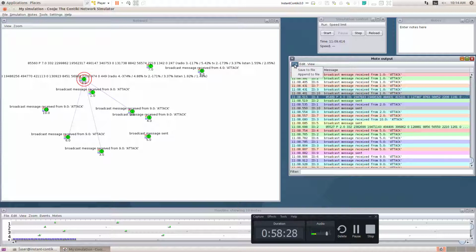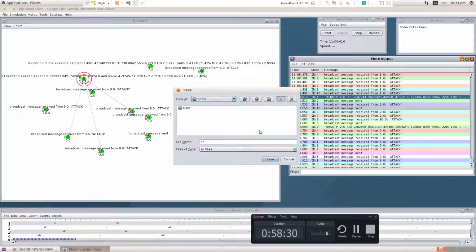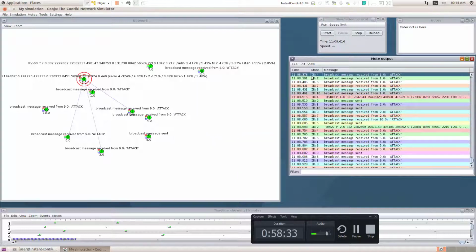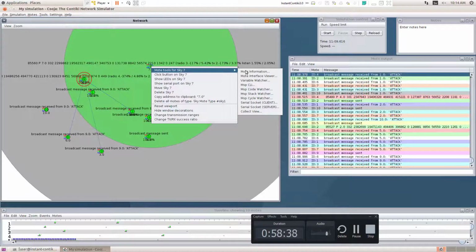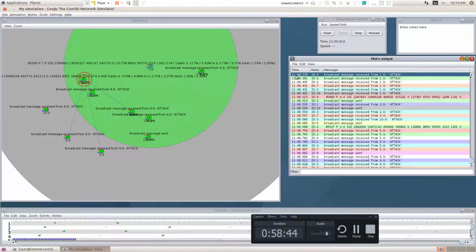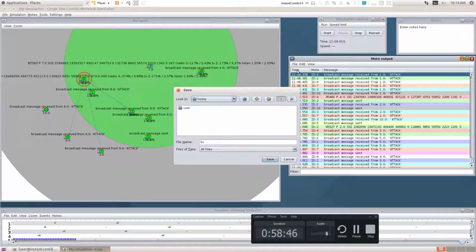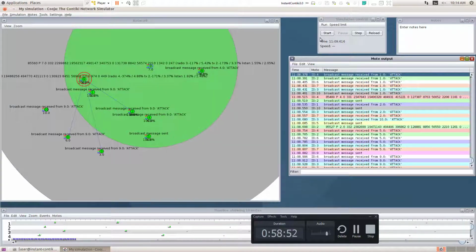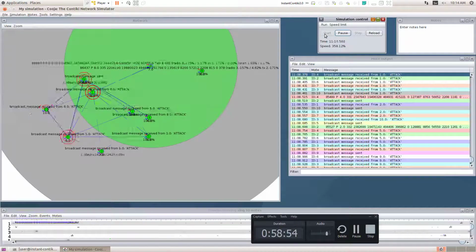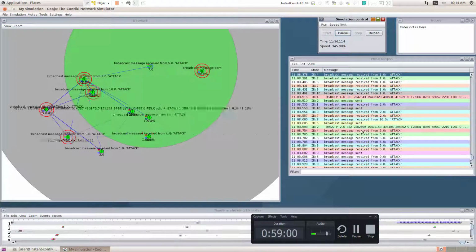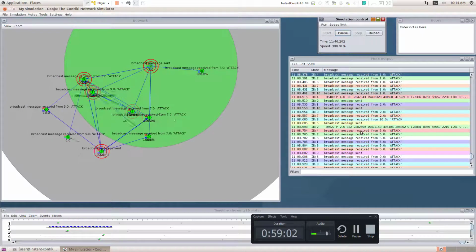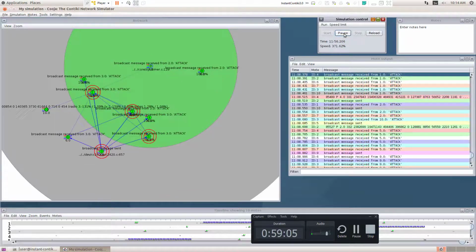I'm trying to move it to a file. Let me check it again. So these details I want to move to a file. This is what I'm trying now.